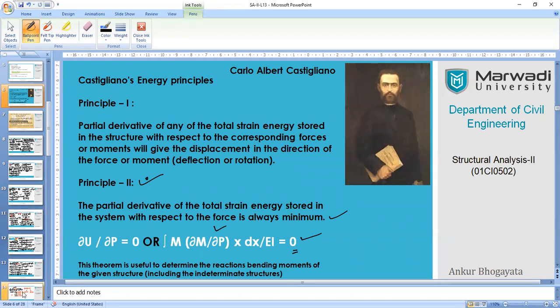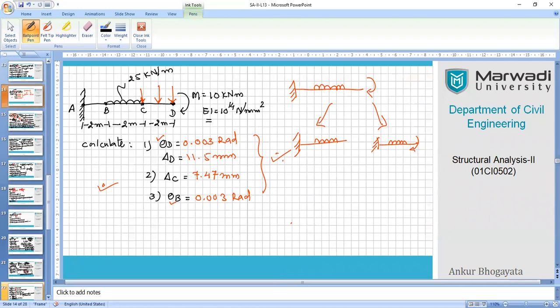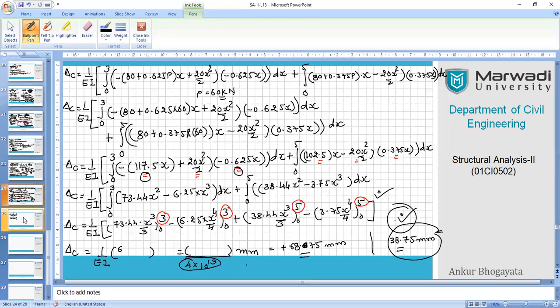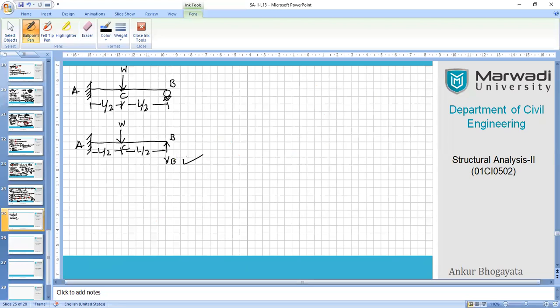Now here in this case, again let's jump to our current discussion, right? Right now, this is the unknown for us. So what we will do smartly, we will include this unknown in our equation, and we will be taking the partial derivative of the moment equation with respect to, yes, you guessed right, partial derivative with respect to VB again, right? So that it gives you a kind of inclusion of the unknown quantity in your equation also, and you can create your new equation out of it. So let me quickly demonstrate it.